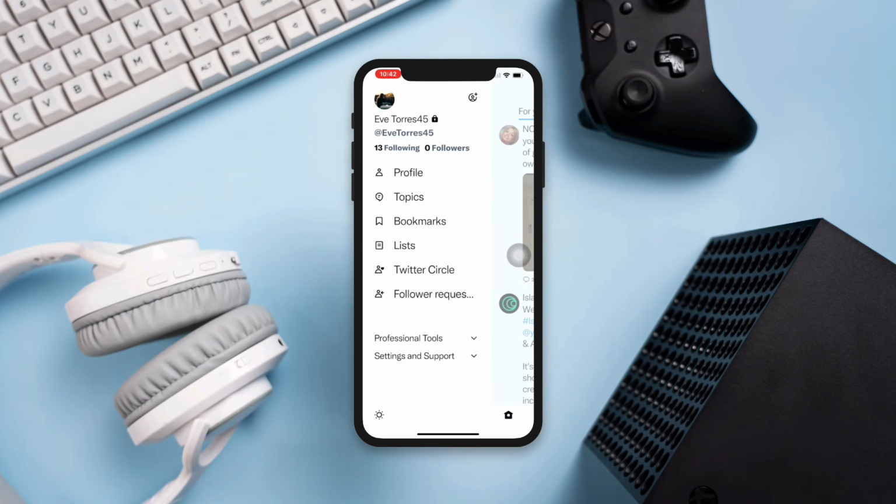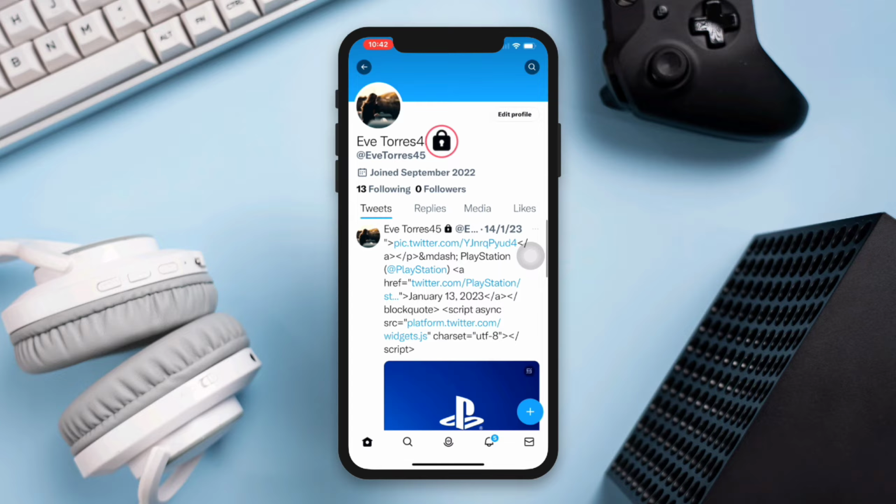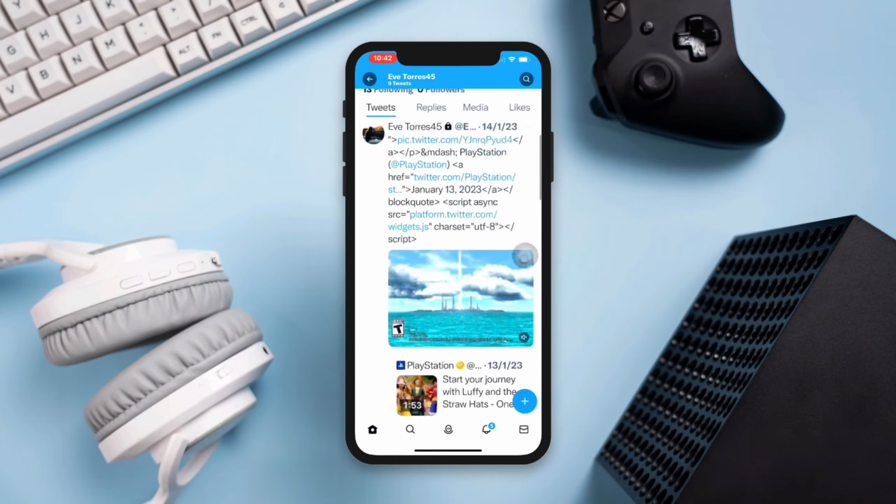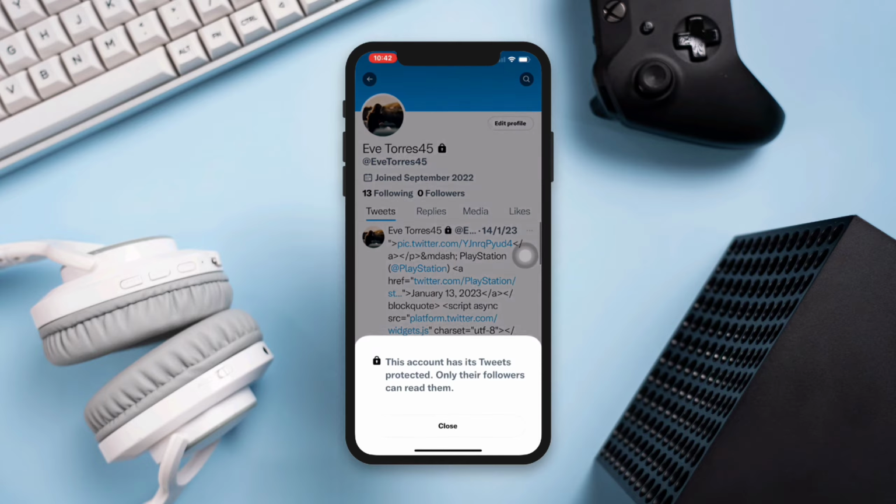Hi there! Here is how to make your Twitter account private on iPhone or Android. A private Twitter account means that only your followers can see whatever you post. This also means that anyone who doesn't follow you or doesn't have permission to view your feed won't be able